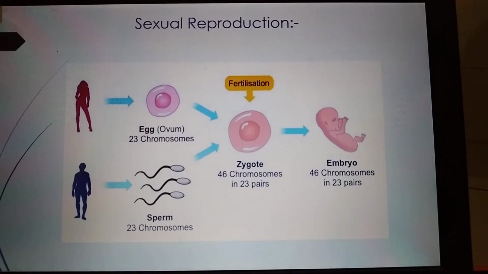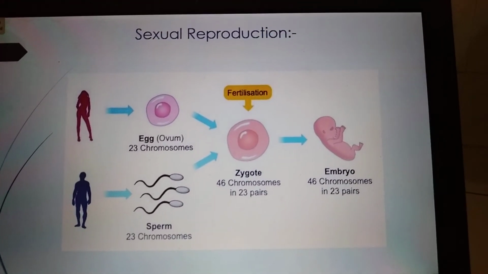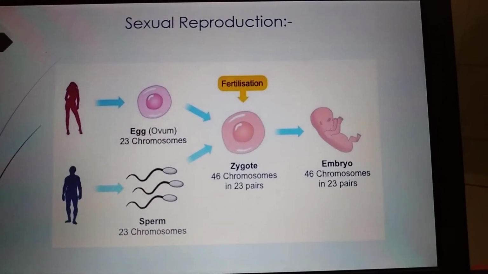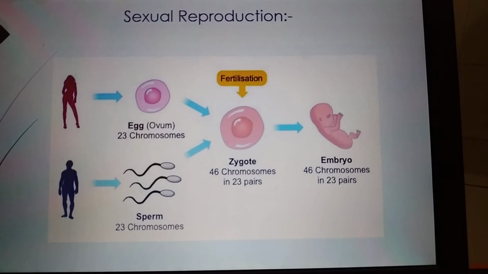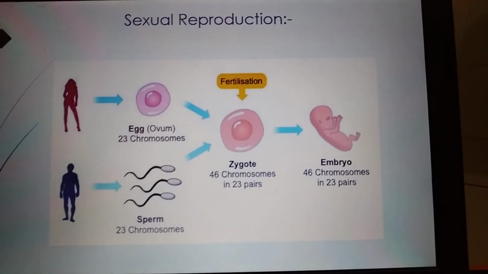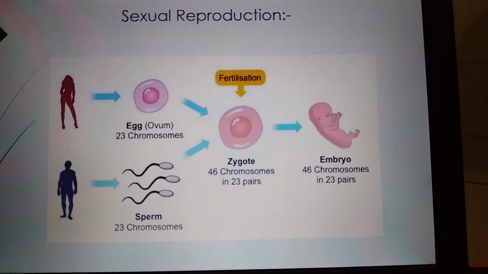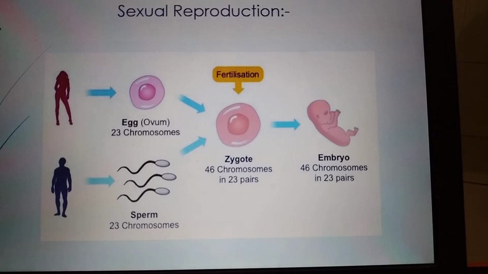So there is an unfertilized egg, or ovum, from the female, and there is a male gamete, the sperm, from the father. The total is 23. Actually there are 22 autosomes plus 1 sex chromosome: 1 sex chromosome from the mother and 1 from the father. The total number of chromosomes in the particular child is 46, that is, 23 plus 23 is equal to 46.